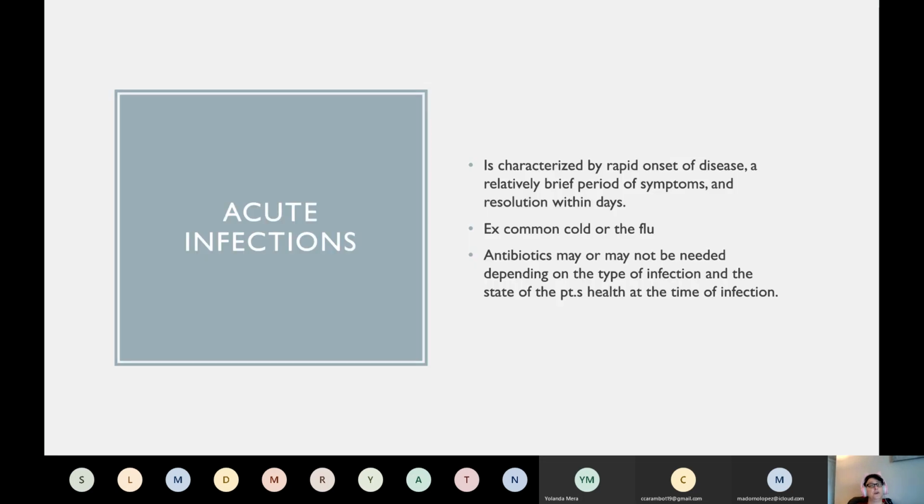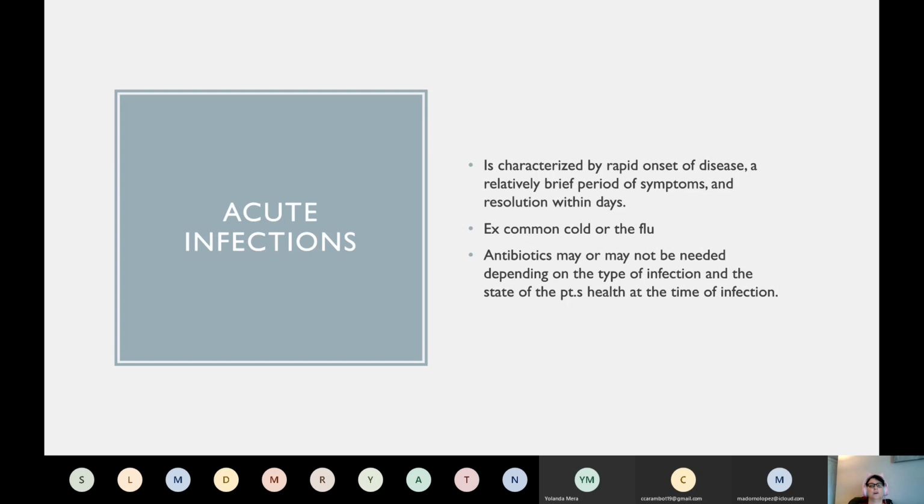Now, everybody should know this because I've talked about this before. When we say that something is acute, and you do need to know this, if you don't know this automatically, like, oh, I know what acute is, then write this down. Acute means that this is a disease, or an infection, or something that comes on very suddenly, usually hits us kind of hard, but goes away.